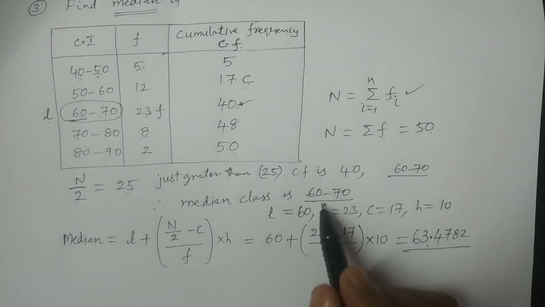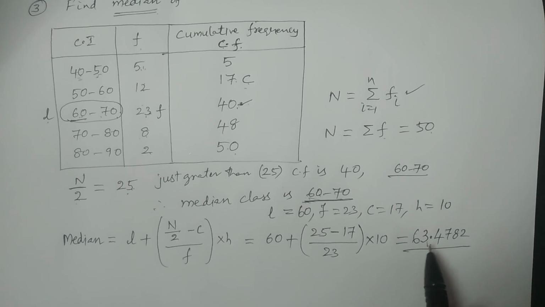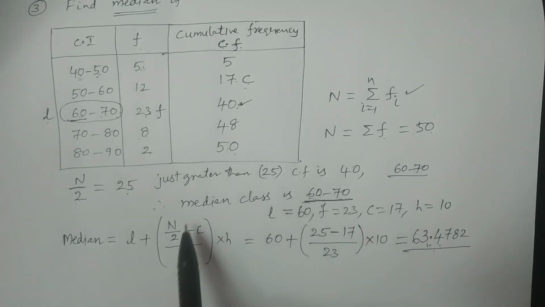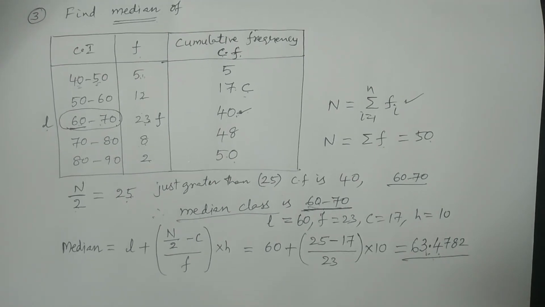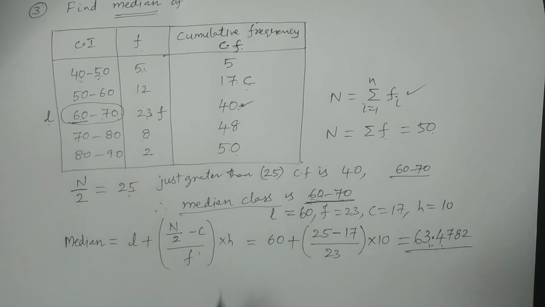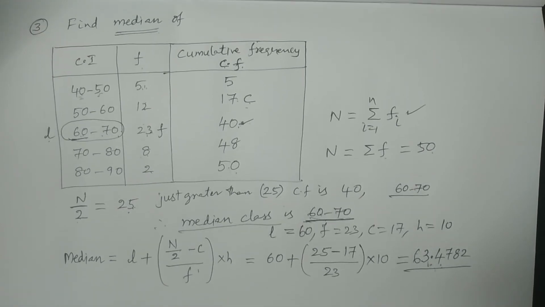So it lies in between 60 to 70, at 63.4. Therefore it is in between the values of the class interval 60 to 70. That is the inner meaning of calculating the median class. So this is the way to calculate median for grouped data, and for ungrouped data the mid value is nothing but the median, the middle value. Like this we calculate the median for any ungrouped or grouped data. Thank you so much.